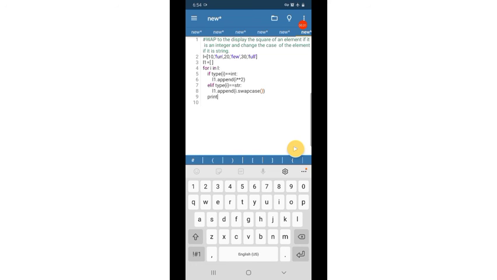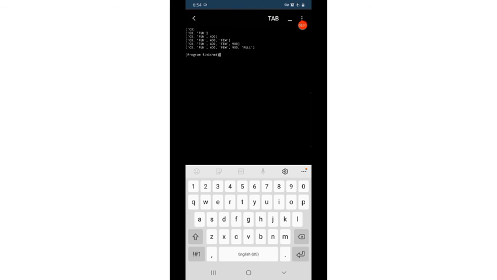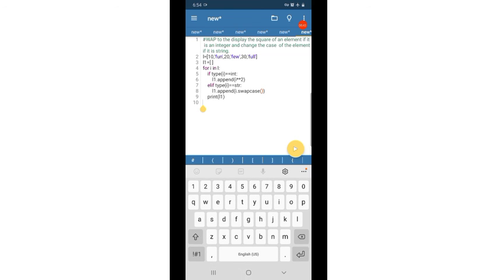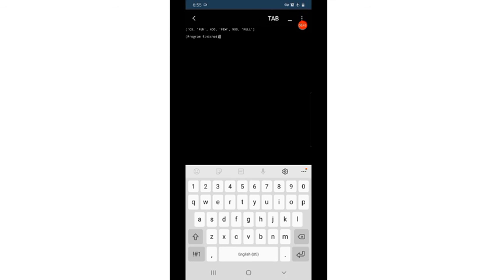Print L, print L1. Since it is given inside the for loop, it will be printed as many times. So you can see small letters are being replaced.